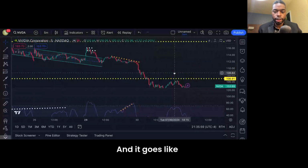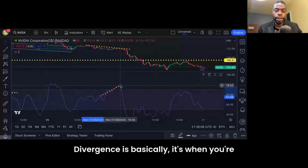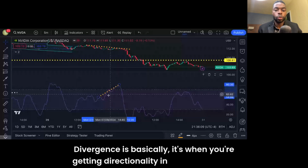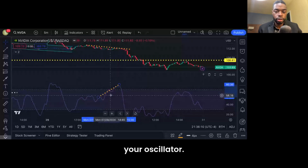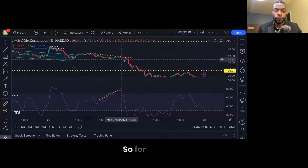And it goes like so. So what is divergence? Divergence is basically when you're getting directionality in one direction on your oscillator, and then on the chart, the trend is going another way. So for instance,